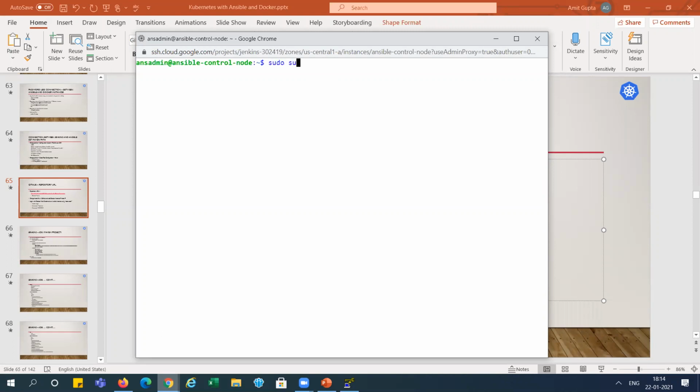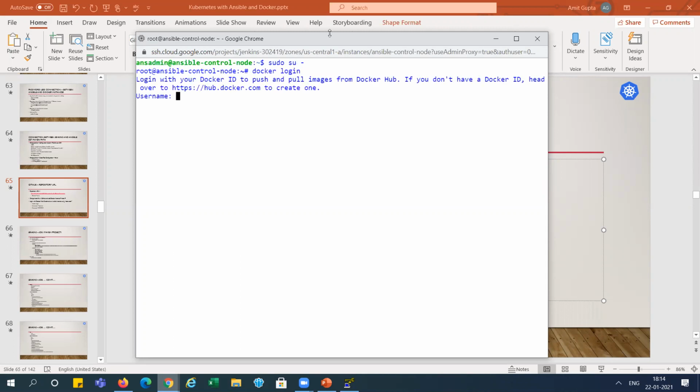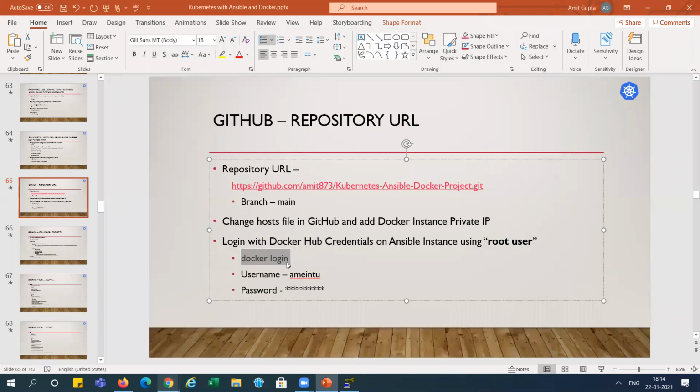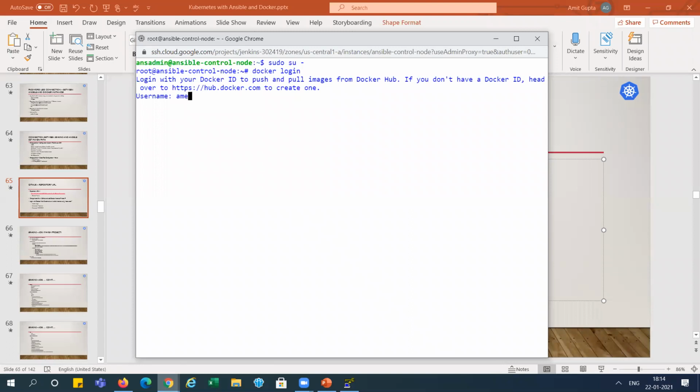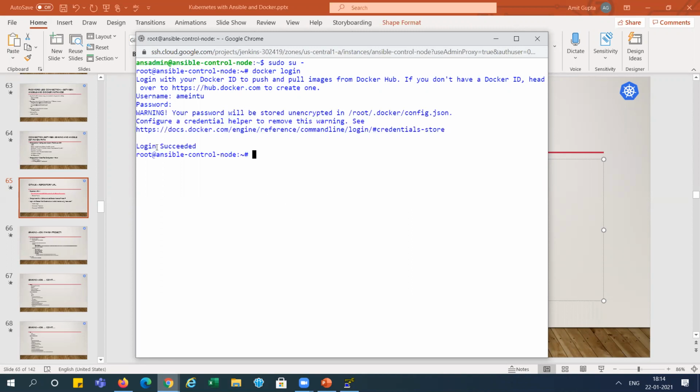Now I'm logging in with sudo su and docker login. I've run this command and it's asking for my Docker login credentials. So I'm putting in the same thing. This is my username. This is my password, right? So the login is successful.